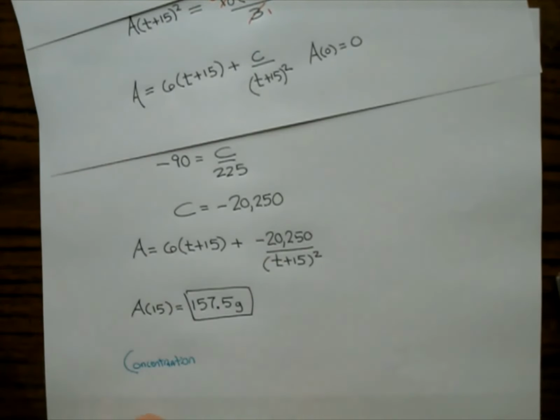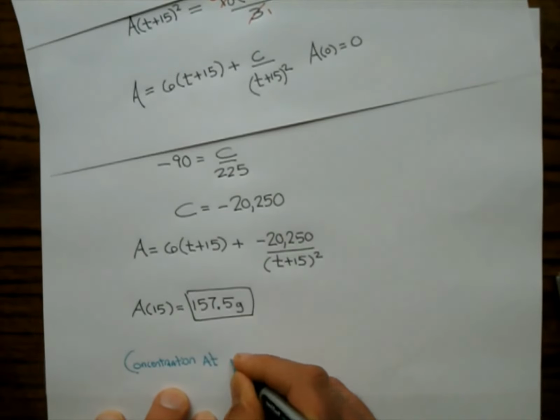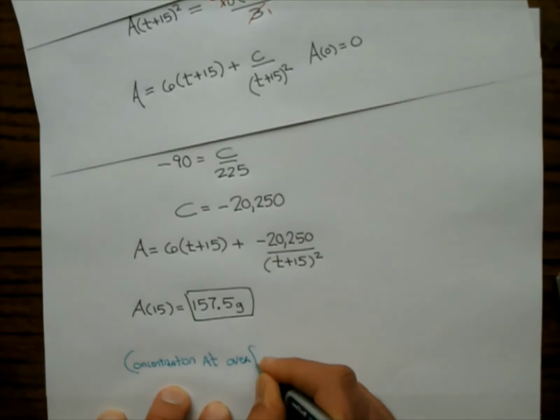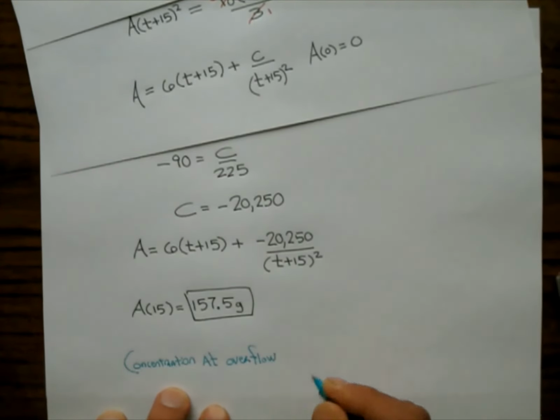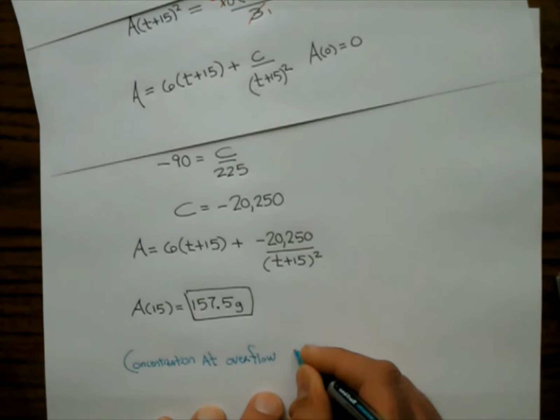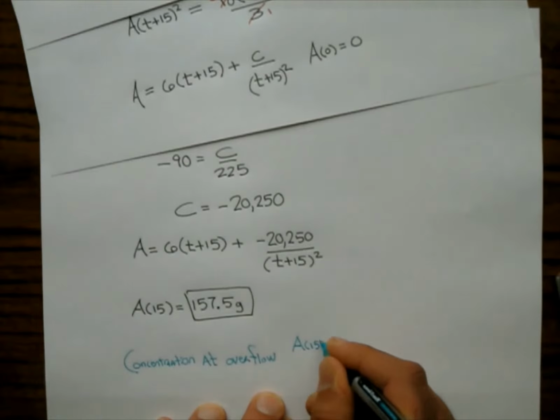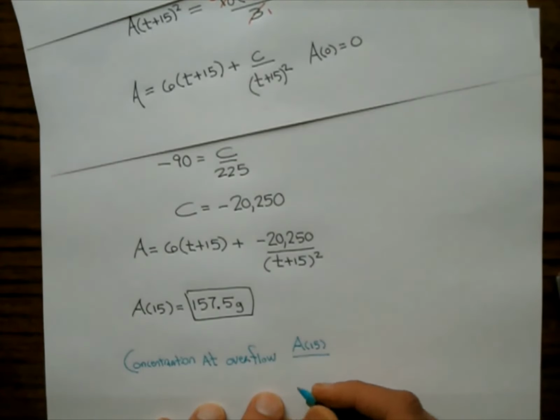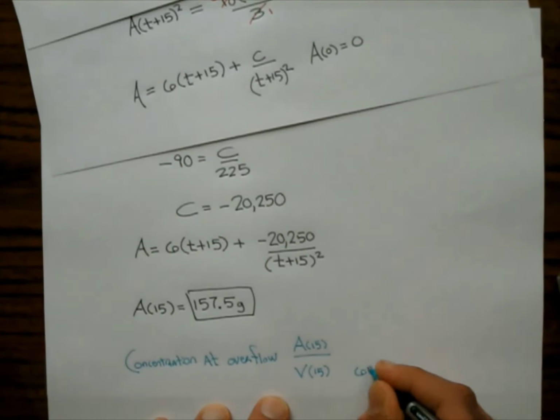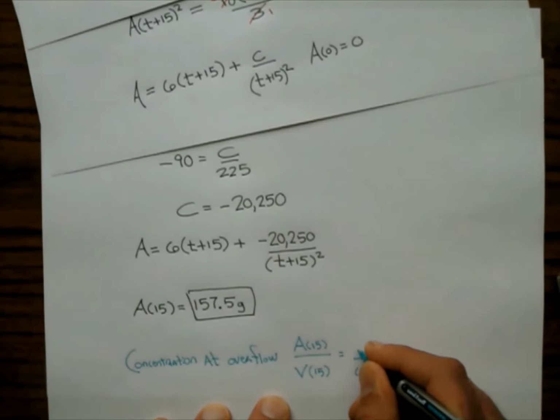At overflow. I'm just making this up because I wanted to make sure we covered concentration. The concentration is going to be the amount, A of 15, over the volume, V of 15. And actually we know volume of 15, that's the tank capacity, so this is 60. And this is